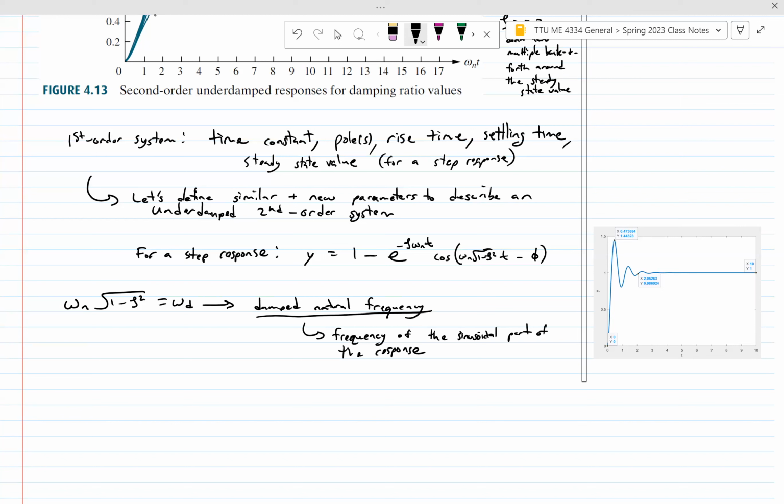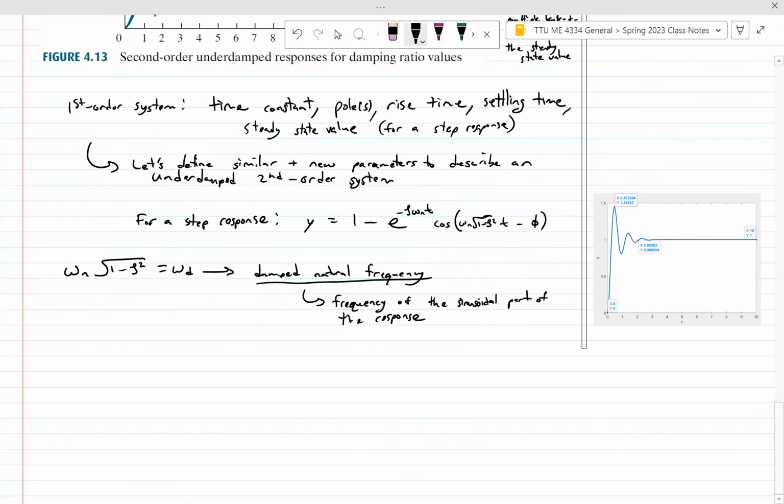So let's move on from our cosine or sine, right? Let's maybe talk about that exponential, right? I want to define a time constant for an underdamped second order system. I'm still going to use tau for it, but any ideas what that time constant would be? Before, it was a negative inverse of our pole, right? It's not going to quite be this way, right? Because we have two poles in this case. What do we think? Just based off of this equation, what terms may be relevant